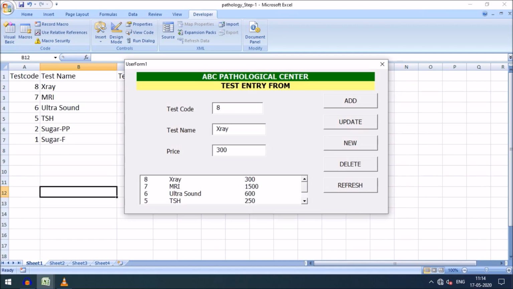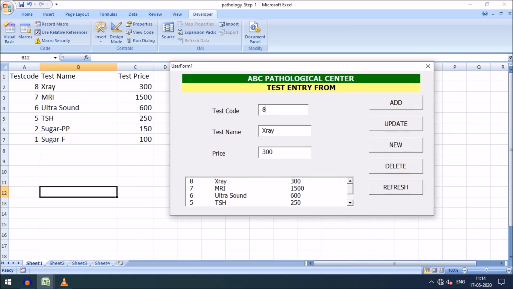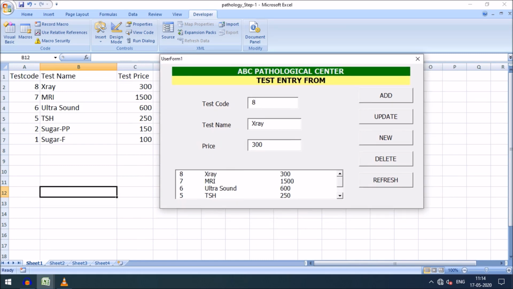You can see eight items have been added to this database. You can see the database in the back end of this user form. Here, if I want to add a new item, see, the last item's test code is 8, so I am adding another new item. Here you can see it has become 9, and say sodium, say rupees 200, and if I add this, the test code is 9, and if I add this, it will be